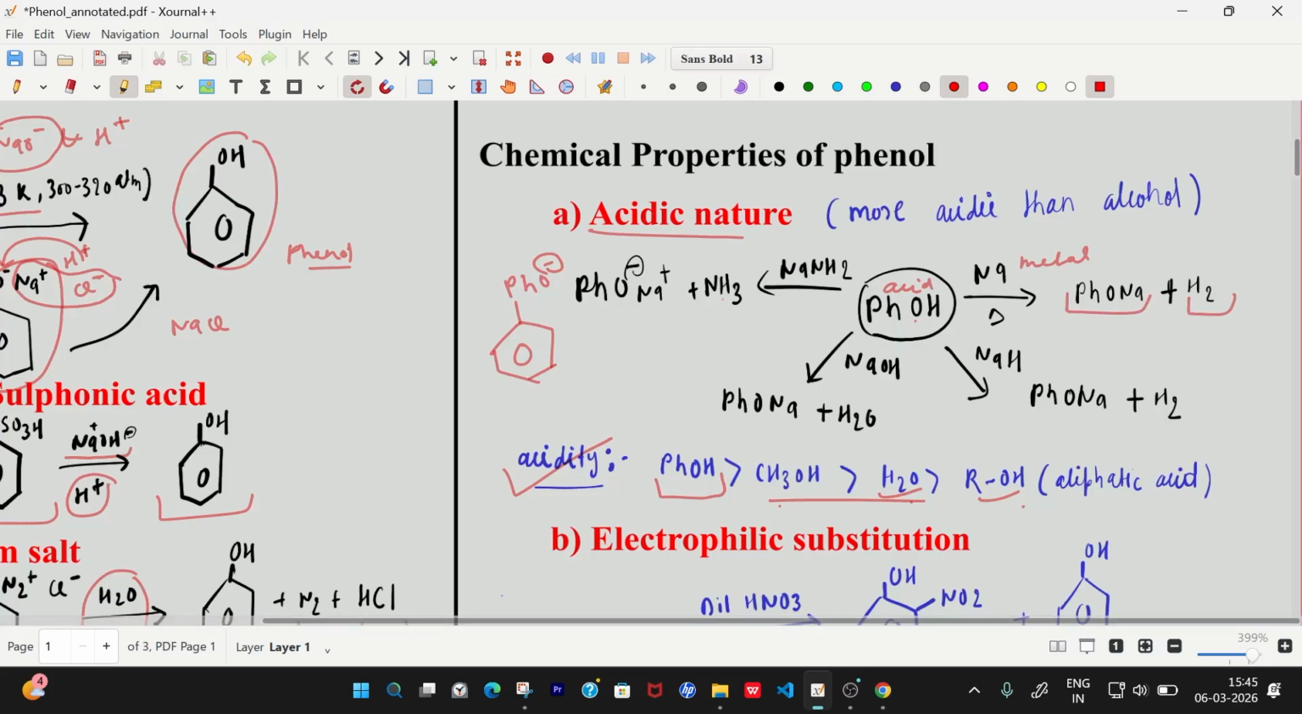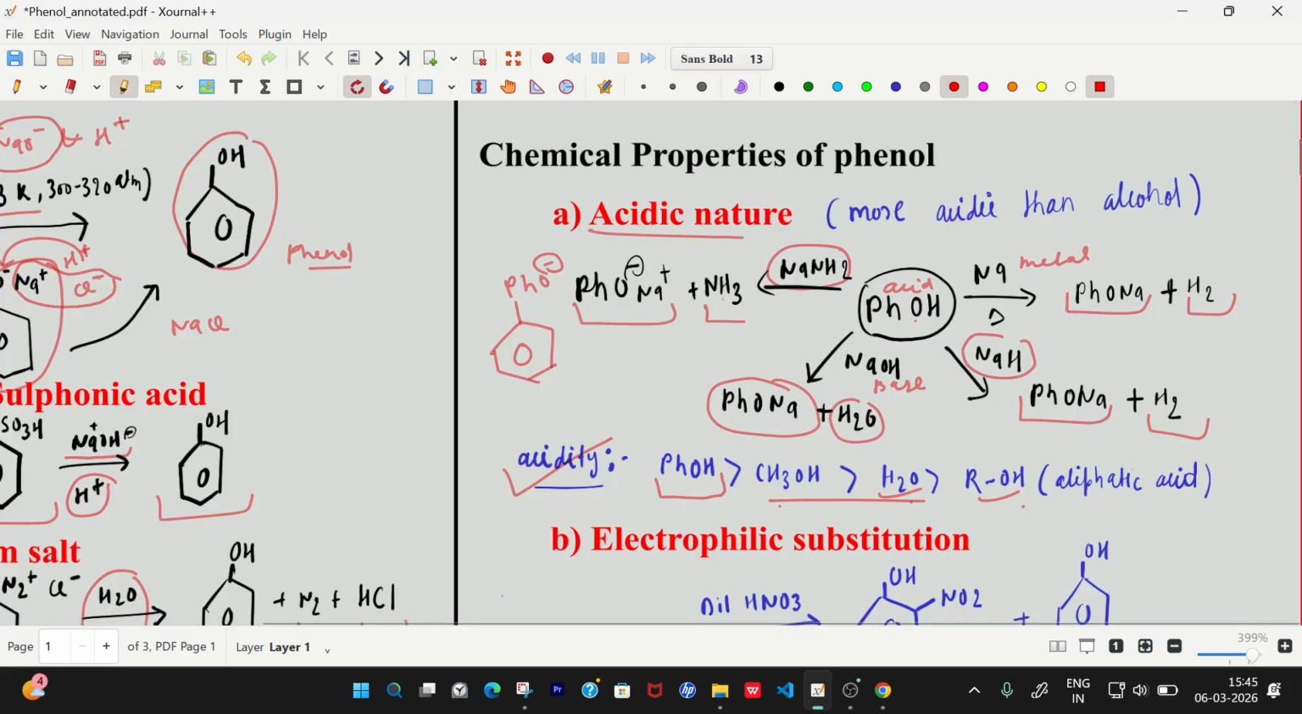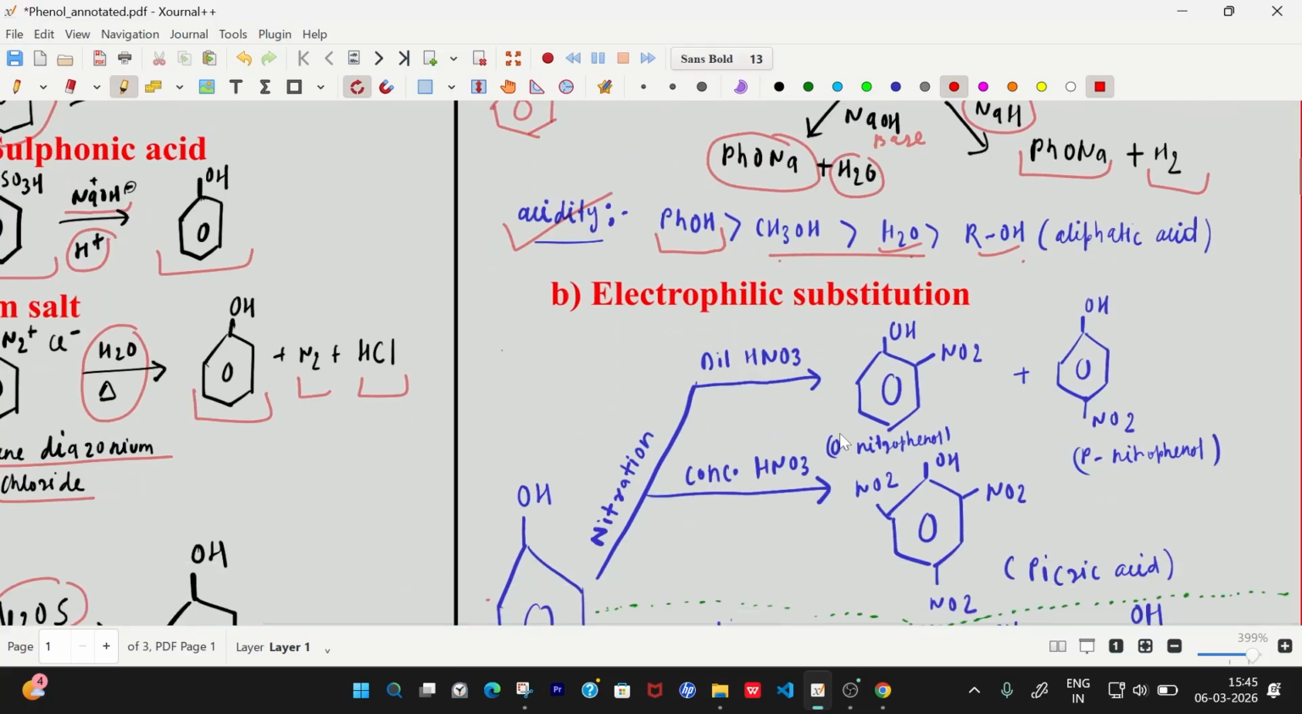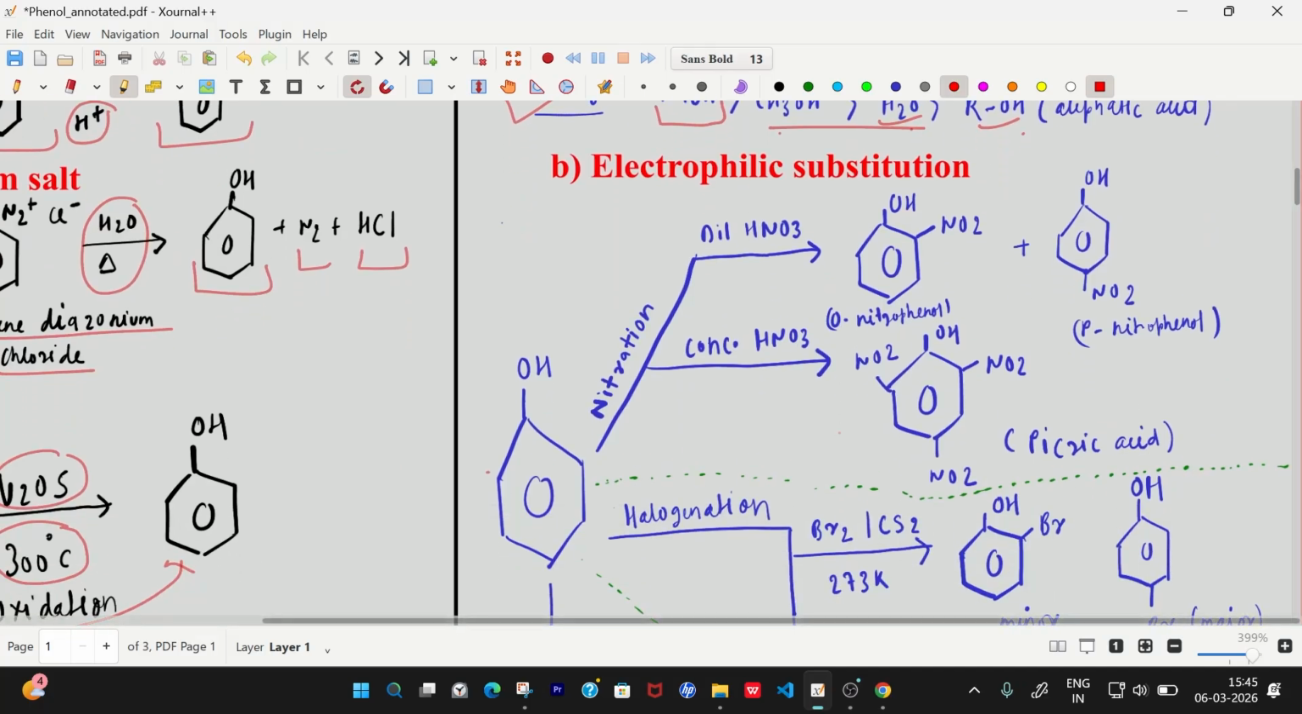Then this acid reacts with sodium hydride to form salt and hydrogen. Acids react with a base to form salt and water, and here phenol is treated as an acid reacting with NaNH2 to form salt and NH3. The second type of reactions are electrophilic substitution reactions, where electrophiles are generated, and the electrophile substitutes hydrogen and attaches on the phenol